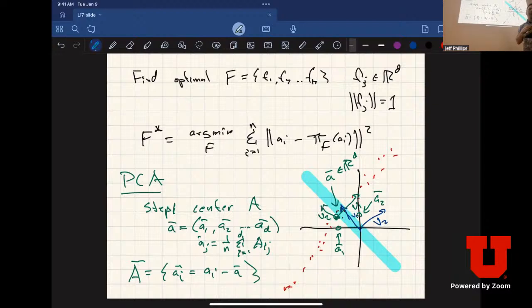Okay, and so now I've taken the data points and I've basically recentered them. You could think of it as moving all the data points, or you could think of it as shifting the origin. So it's here. Okay, this is step 1. Step 2 is I do SVD on A tilde. I find the best rank K approximation of A tilde, and this tells me how to